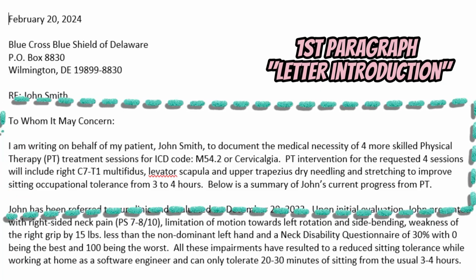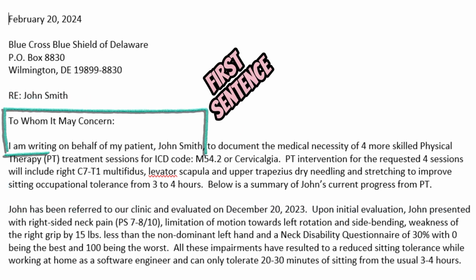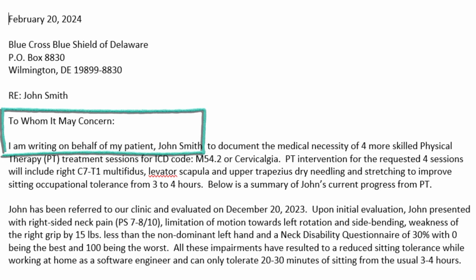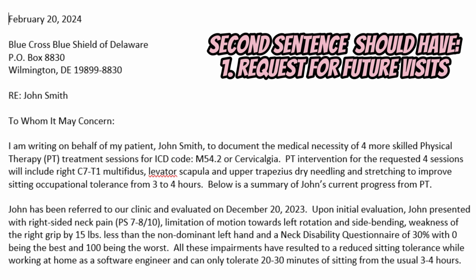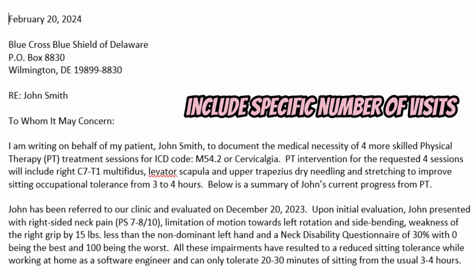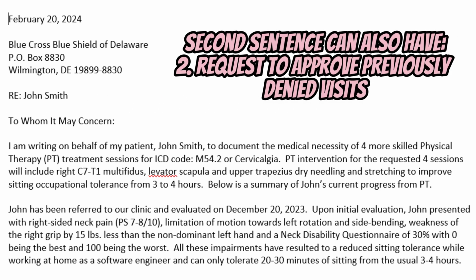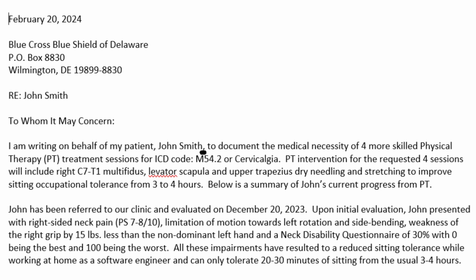The first paragraph can have 3 or more sentences and is the introduction. Here, you want to start with, "I am writing on behalf of my patient, John Smith." Then follow it by indicating your request for more skilled PT intervention in the future, and please include the specific number of visits. Now, if you are writing this letter to get coverage for previously denied PT visits, then you can indicate that instead. So you write it like this: to document medical necessity of 4 more skilled PT treatment sessions for ICD code